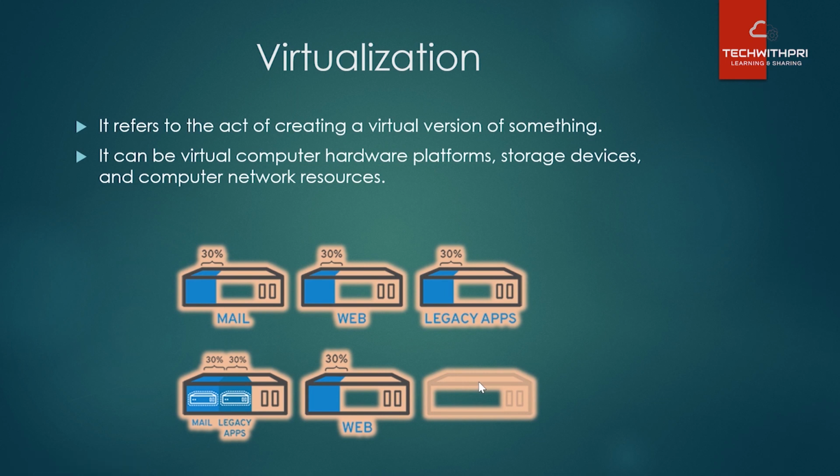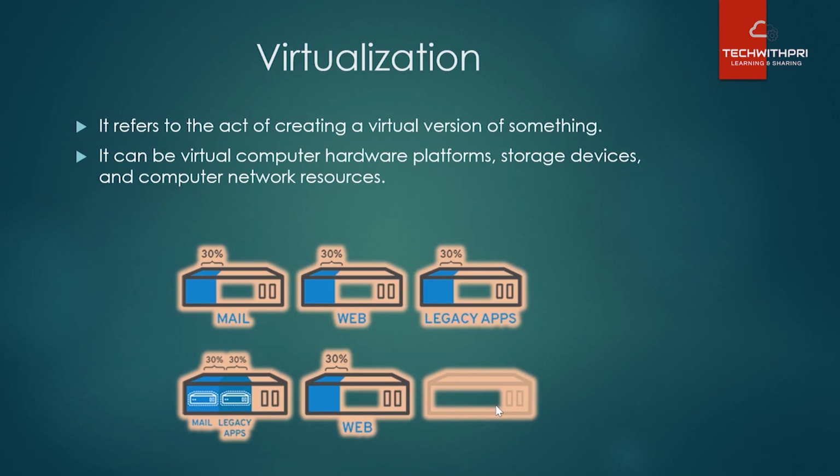So this is the technology, virtualization. By applying this, you are creating a virtual version of a server where you are installing another functionality, here the legacy application, and in the same single server you are now using both functions, mail and the legacy application, and you are still using only 60% of the space. So now I hope the concept of virtualization is clear. This is simply a technology.